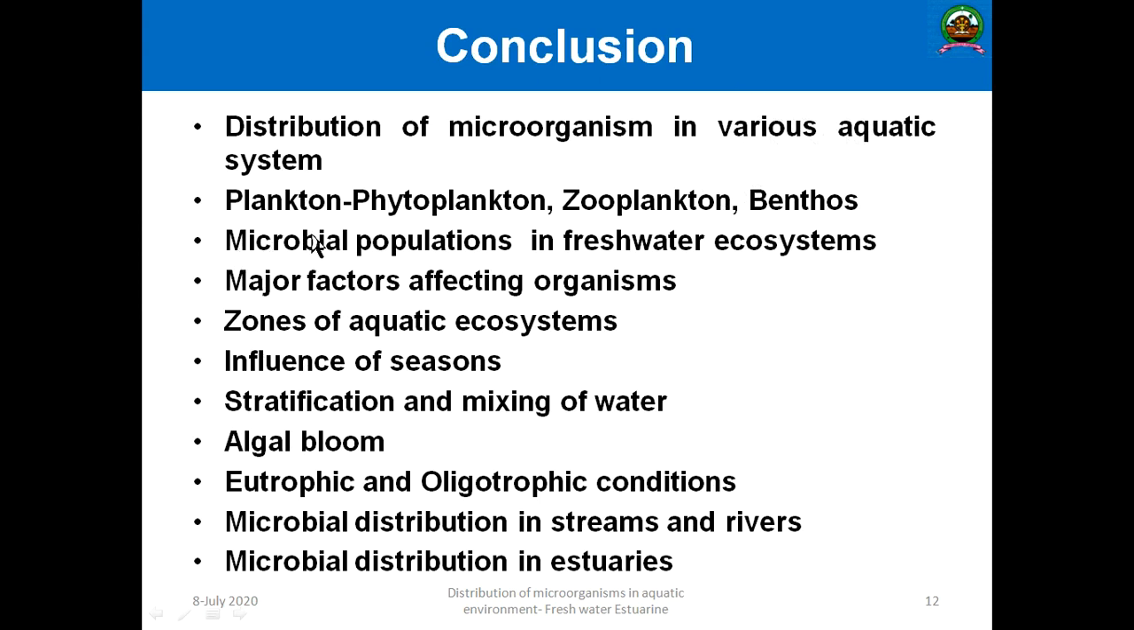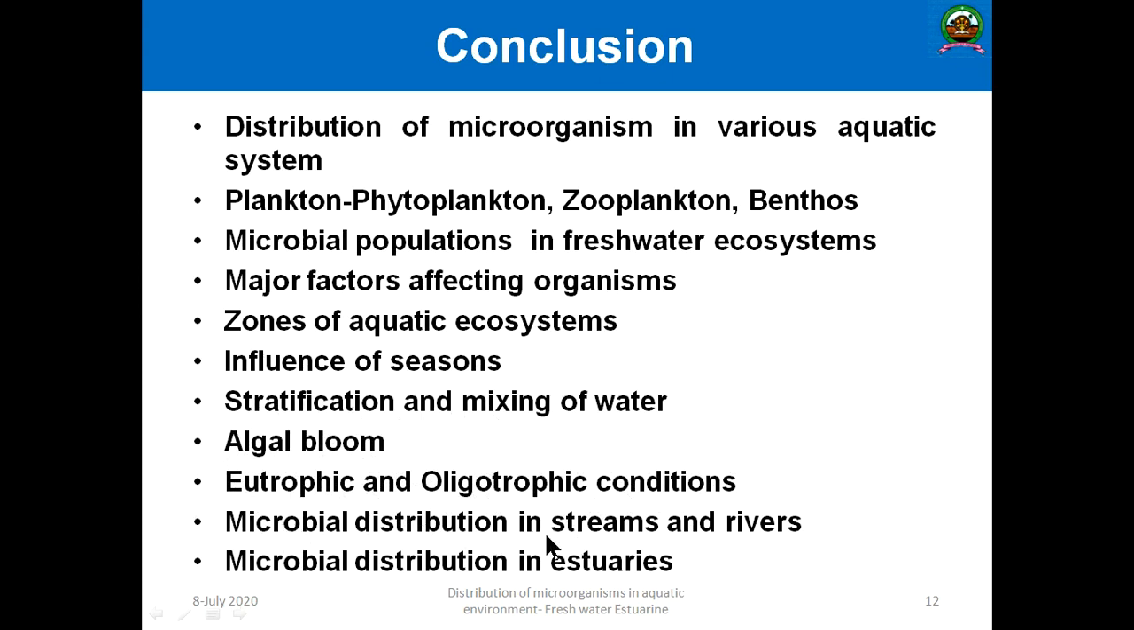Then the next topic we discussed was the microbial population in the freshwater ecosystem. There we saw the major factors which influence the microbial population in such an ecosystem. The major zones are the littoral zone, limnetic zone, profundal zone and the benthic zone. And what are the influences of seasonal variation? How do stratification, especially in winter and summer, and mixing of water take place, and how are algal blooms produced? Another important factor is eutrophication and oligotrophication. Eutrophic and oligotrophic conditions commonly influence the organisms